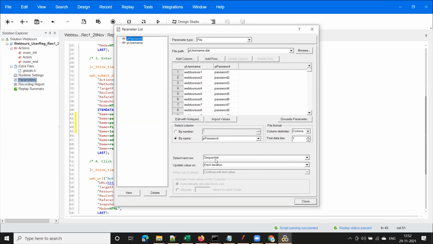And observe here, you have some options here. See here, for username, there are some options sequentially each iteration. I'll explain this later. But for this username, if I use this username, I want to use this password. How can I tell that? Go to that password and you have an option here: Same line as P username. Makes sense? Means if your username is this, it will pick the password from this same line. Does it make sense? Same line as your P username means I selected P password and selected this option, same line as P username, right?